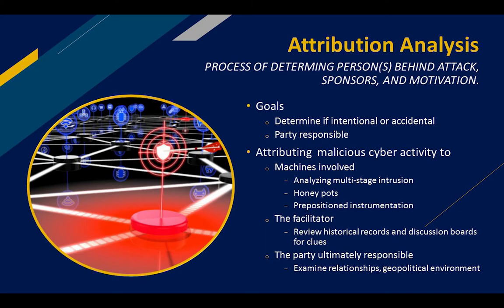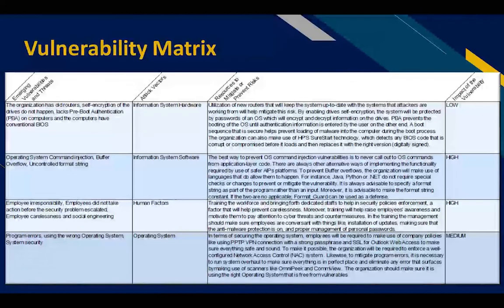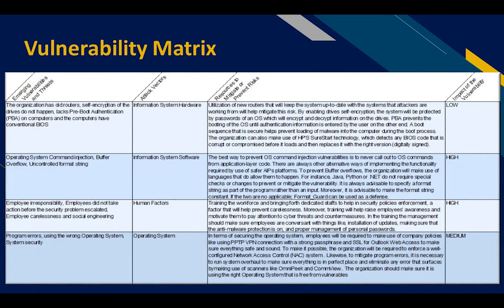The final step is attributing to the party that is ultimately responsible for the intrusion. Even if we find the facilitator, they may be acting on someone else's behalf, whether it's for an organization, country, or another person. Typically, if there is a cybercrime against a state, it is motivated by political agenda. In cases like these, it's imperative to examine the relationships between the states to narrow down the culprit and their motive. As you can see here, we've developed a matrix to break down our emerging vulnerabilities and threats,